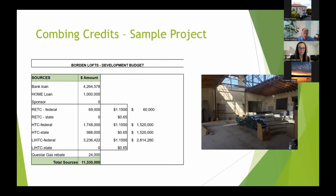So the big issue here is that if we had done this as just a little historic tax credit project in Logan, the likelihood is that we would have gotten, at this time, when we could get all those credits at one moment, an investor would still have only paid somewhere between 85 and 93 cents for those credits at best. And here we were able to get $1.15 because of the way in which they could piggyback those credits in with the low-income housing tax credits, take them all in 1 year at that moment in time, and improve their yield overall. So these work together. By having those federal tax credits in there, it actually improved the yield on the